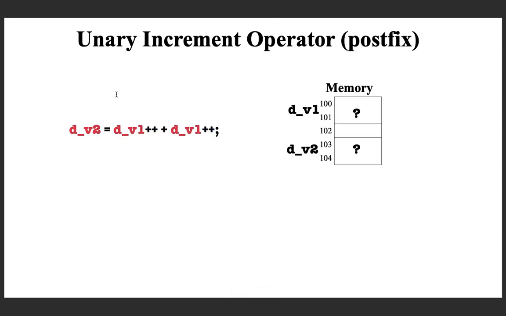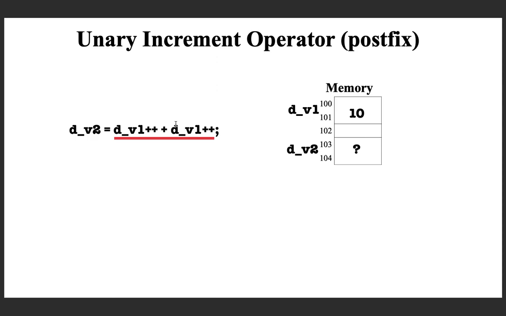Now, if you look at this statement, there are two decimal variables V1 and V2 getting allocated like this. Assume that they get memory allocated like this. Also assume decimal variable V1 is holding the value 10. Now, look at this expression on the RHS and see how it is going to be executed.